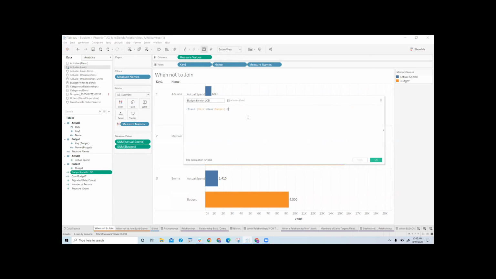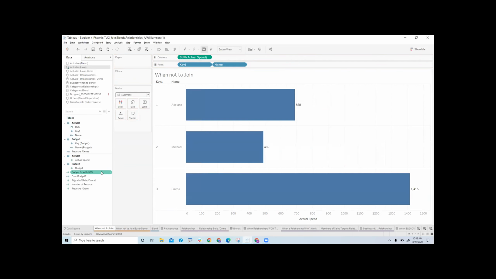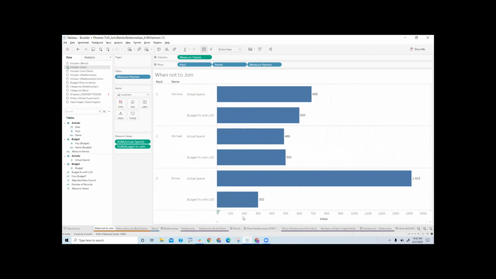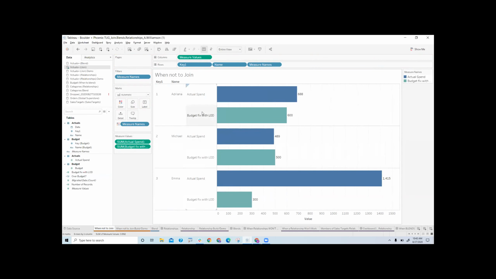Basically, with the LOD you have to fix at the level of the key, whether that is the key related to the person, the product, or your SKU, whatever that means. Then I will create a maximum budget, because in this case my budget is $600. Either I pick the maximum or the minimum, it would give me the same $600. Now if I remove my budget and bring in that LOD as a combined axis, the same way, and drag this into colors, you notice that now when I do that with an LOD,